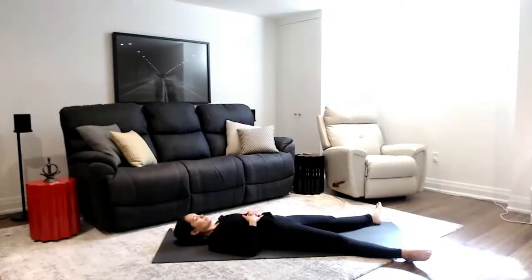Staying in your Shavasana, just start to clear the mind, release all of your thoughts, staying present here, being at peace with yourself. We'll end here in Shavasana. You can choose to stay in this position for as long as you wish. For those that are ready to come out of it, feel free to come out. But if you need an extra, longer